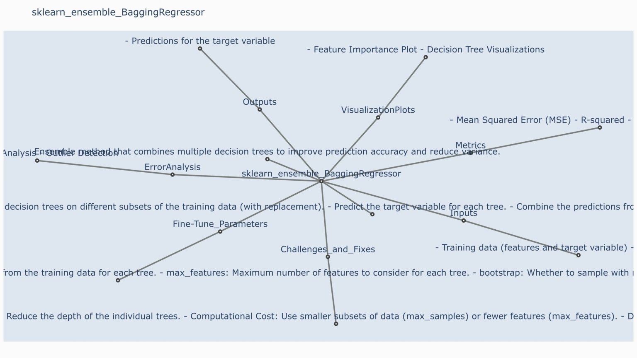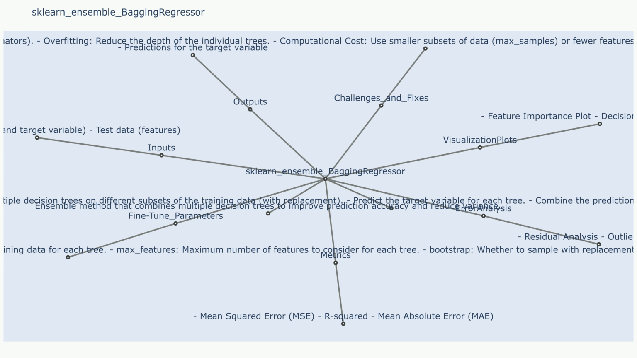sklearn.ensemble.BaggingRegressor. Description: Bagging regressor is an ensemble method that uses bootstrap aggregating (bagging) to create multiple decision trees and then averages their predictions. This helps to reduce variance and improve the accuracy of the model. It is particularly useful for dealing with complex datasets with high variance, where a single decision tree might overfit the